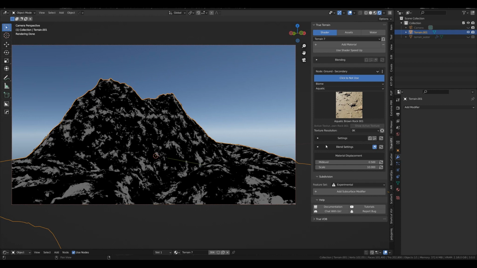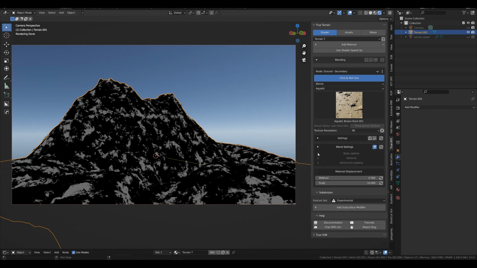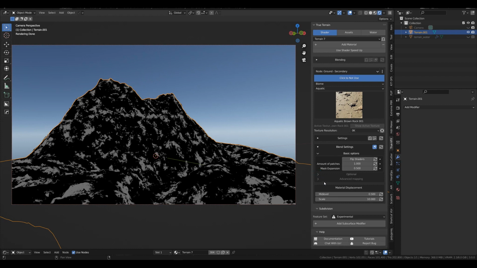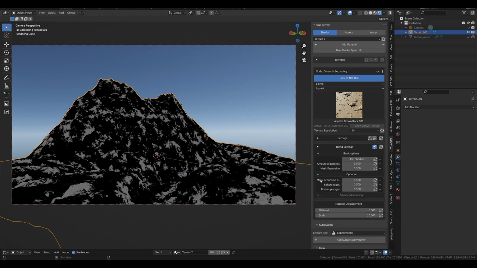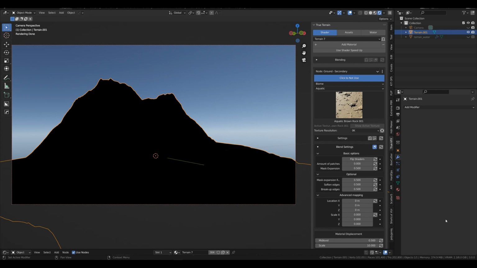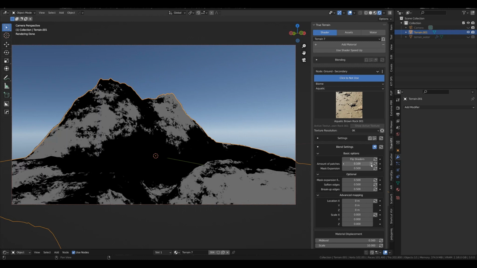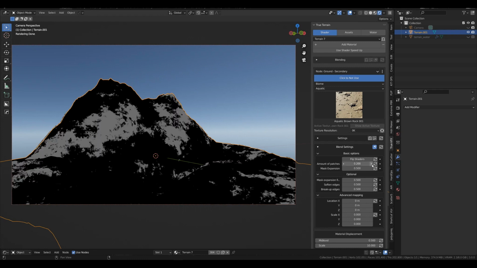Fine, but a little bit too much for me. I want this to be really specific and clear to be seen. So if I would reduce the amount of patches to 0, we would only get the secondary ground. So let's increase this step by step, and